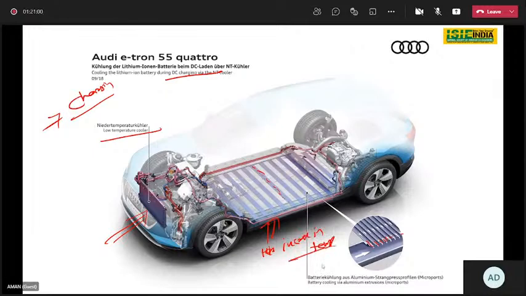Increase in temperature is there. So due to this increase in temperature, it will somewhat affect the battery performance. Let's say the battery range is affected, and the energy storage capacity is also somewhat disturbed with this high temperature. So what exactly happens with this cooling